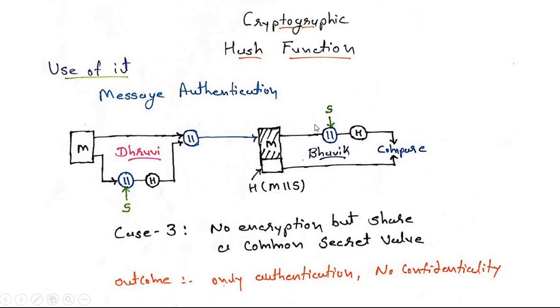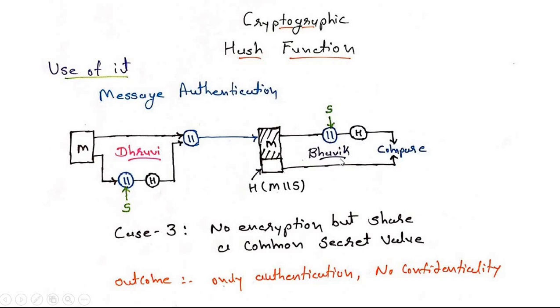So what is the thing here? Whenever the receiver party, Bhavik, receives the message, first Bhavik will apply the secret key value which is shared by the sender. This secret key value is shared at both ends, sender and receiver, like an encryption key. After applying this secret key value, the receiver will apply the hash code, and then compare it with the actual hash code message. Get it?